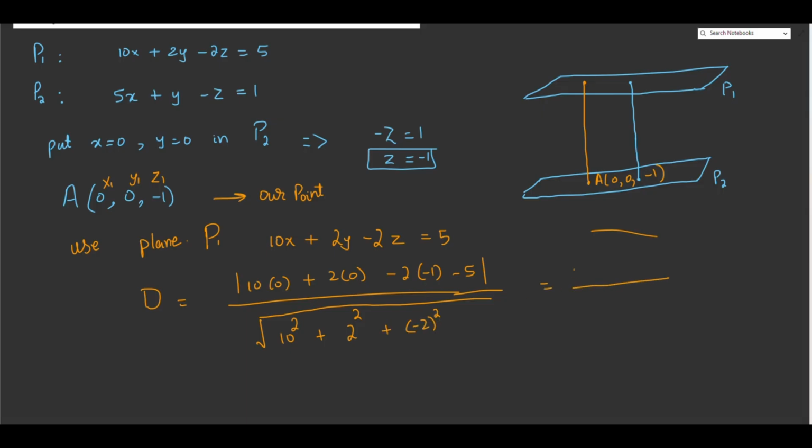At the top it gives us 2 minus 5, and at the bottom it gives us 100 plus 4 plus 4, and that will give you 3 by the square root of 104. So this is the distance of the point